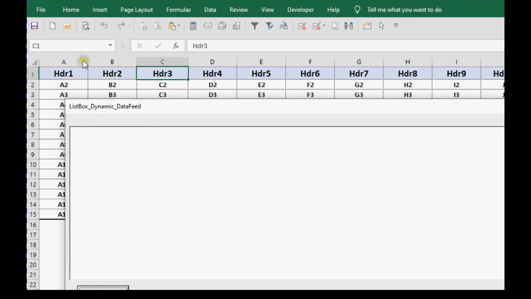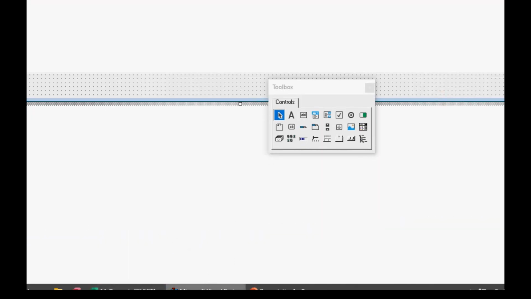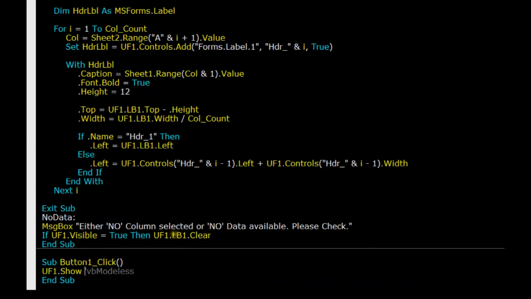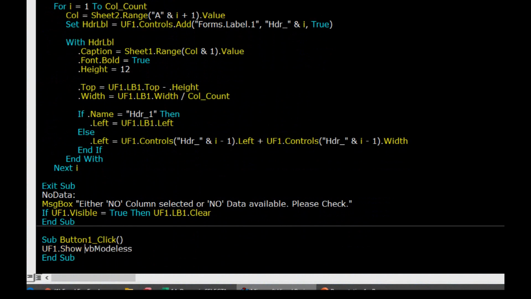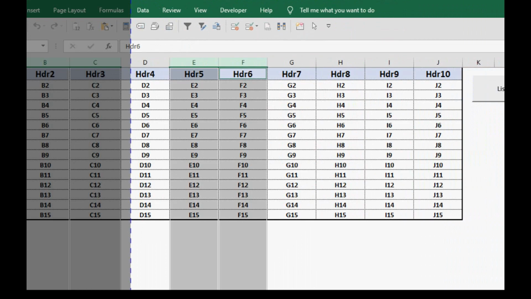I cannot select on the sheet. So that's why to have this function, I mean, this is up to you how you want to populate the list box. First you can make it like select and select, and then just click the list box. It will give you the selected columns data.